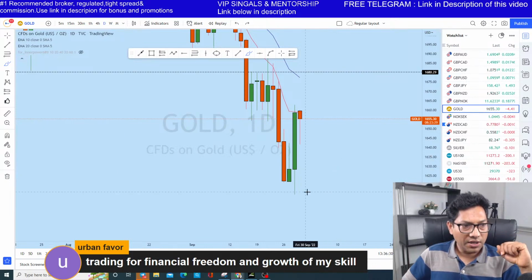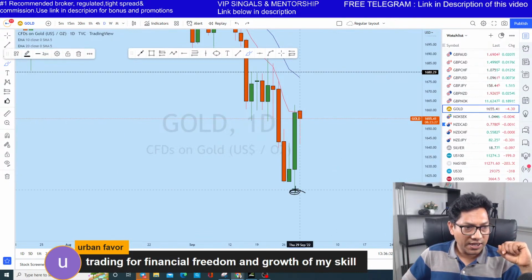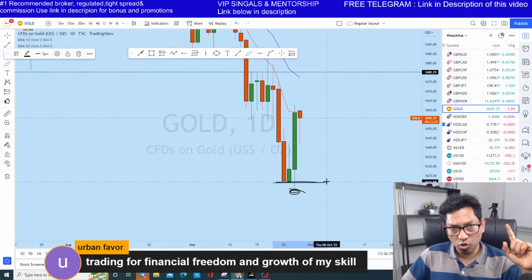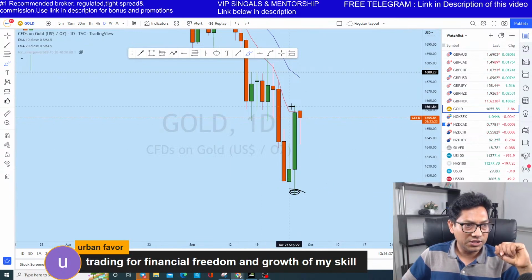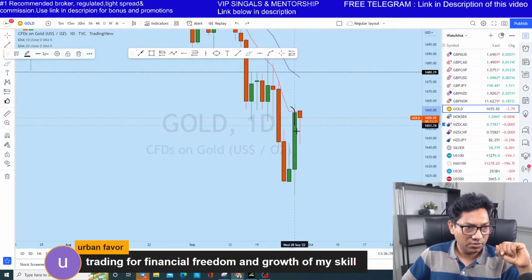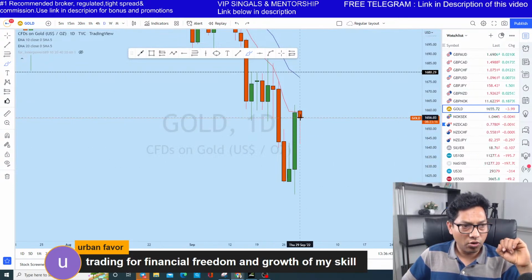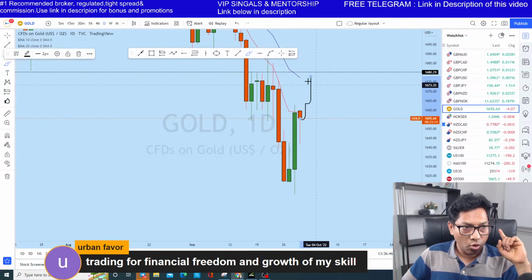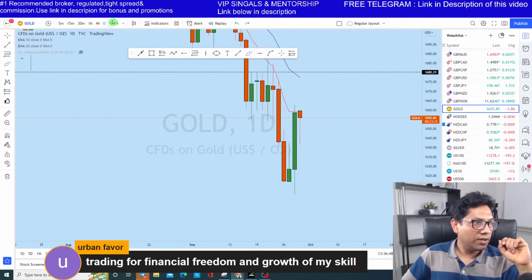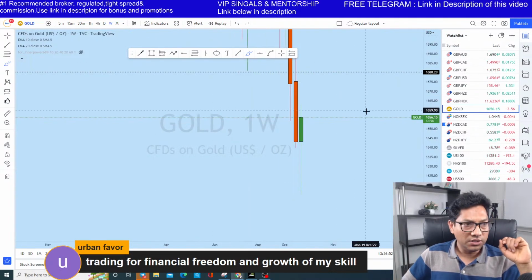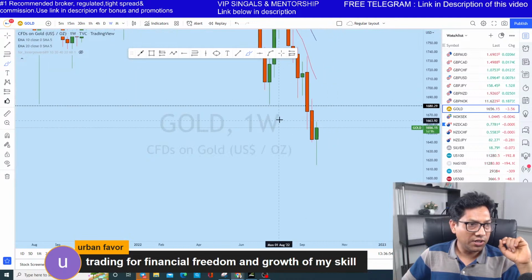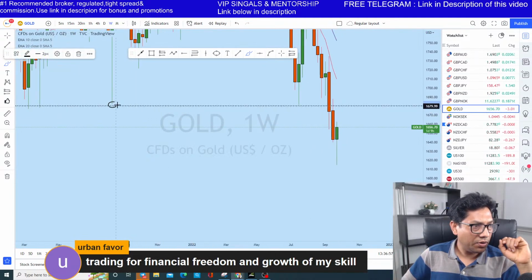So again I'm repeating, because previous day gold has a liquidity grab from this zone, and this is a big green candle, okay, there is another probability for gold to go up. Now if it goes up, then look at the weekly time frame again. All right, this is the weekly chart or monthly chart. You see, this is exactly where the previous support zone is acting as a resistance, this dotted line, right?